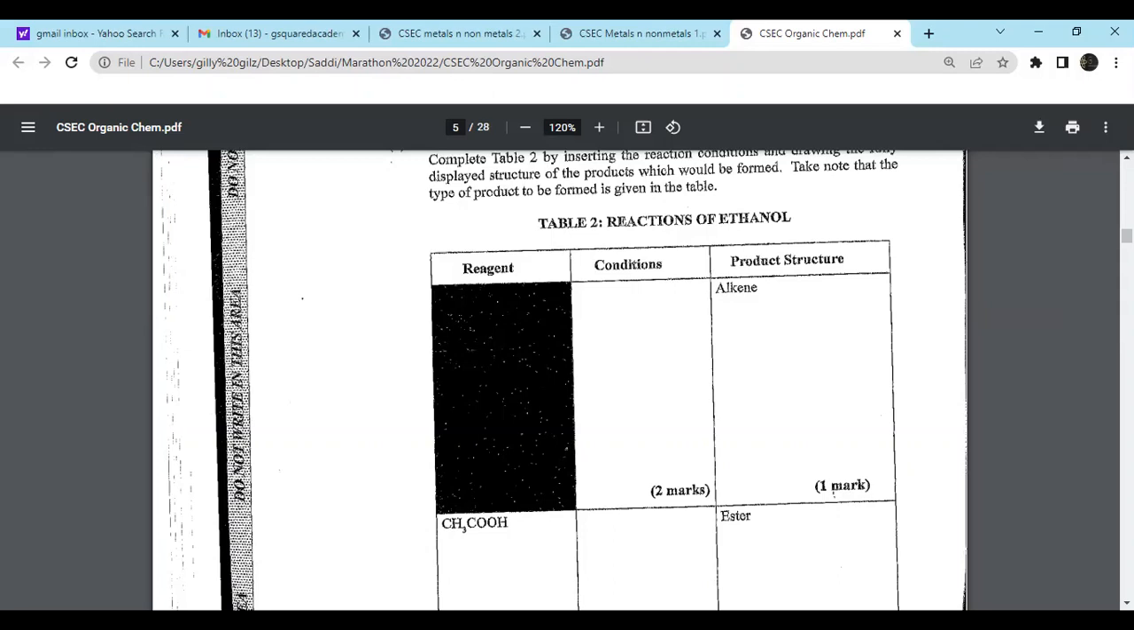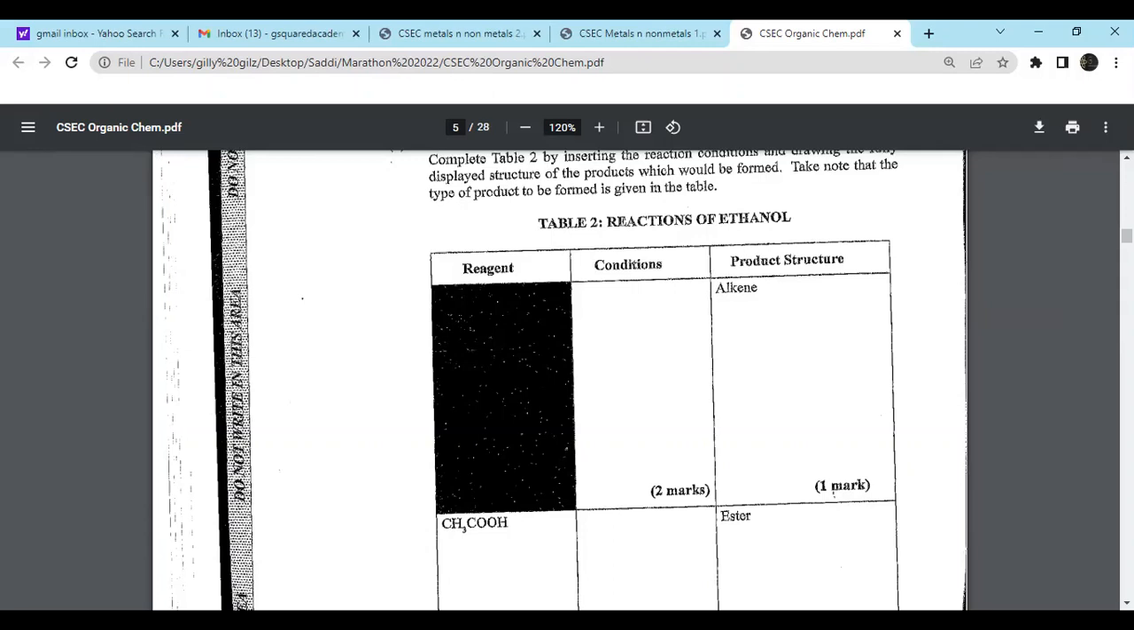All right, you can't create or destroy matter. You can only transform it from one form to another, which is what we're doing here. So if you have ethanol, it can only be changed to ethene. Okay, and the conditions for that reaction would be